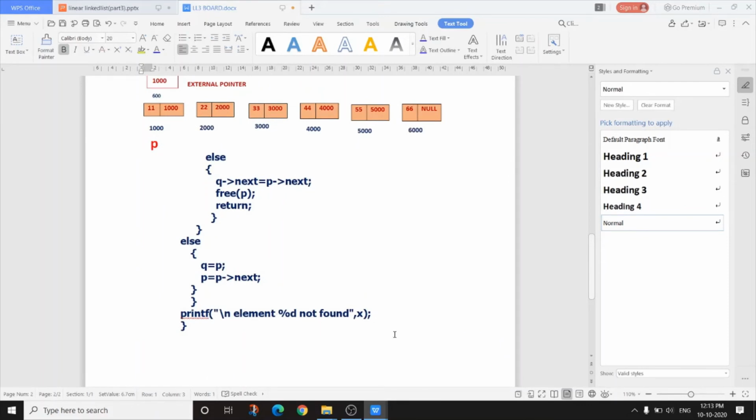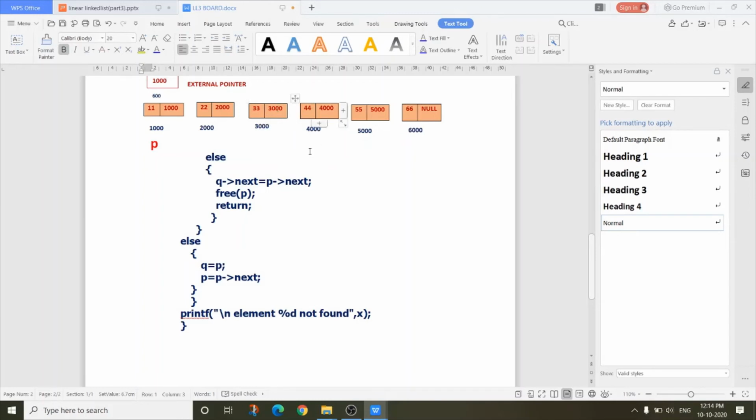Now, another thing I want to say: why is this Q required? When I increase P, P equals to P arrow next, then the previous node address is stored in the variable Q. Why is the previous node address required? Say I want to delete this node, the node whose info is 44. Then the previous node's next part should be 5000.